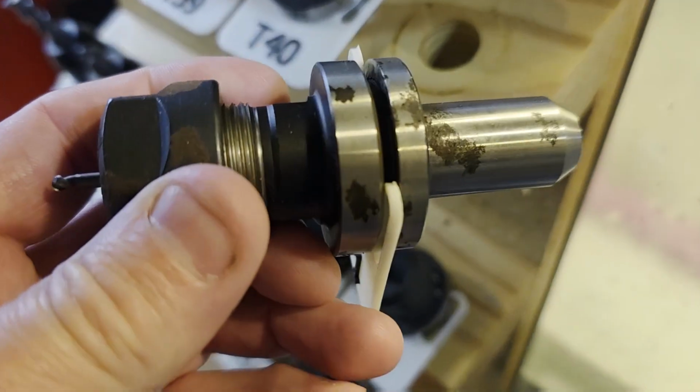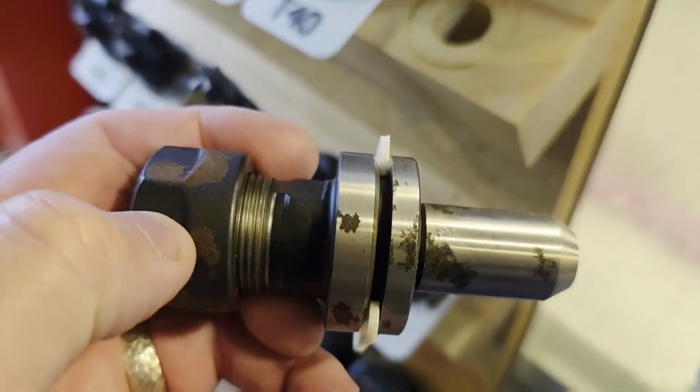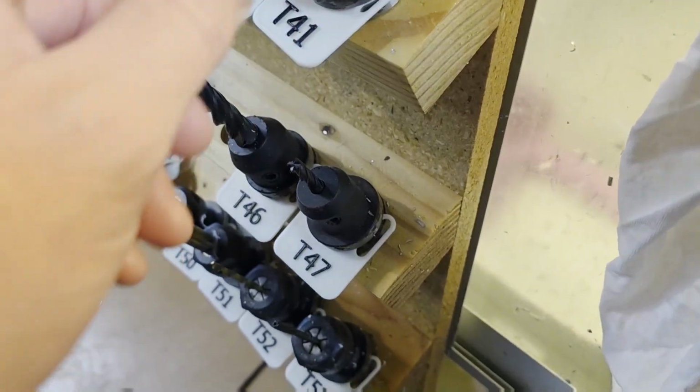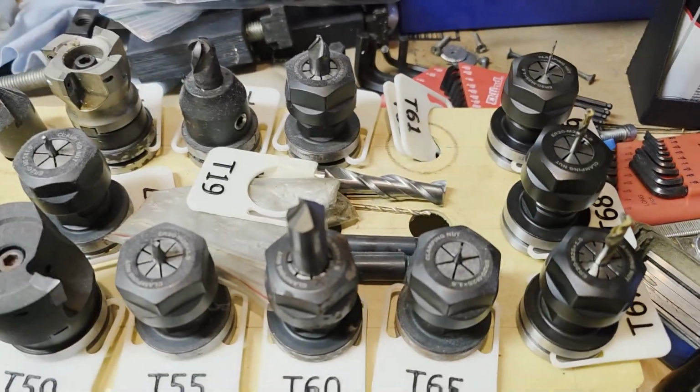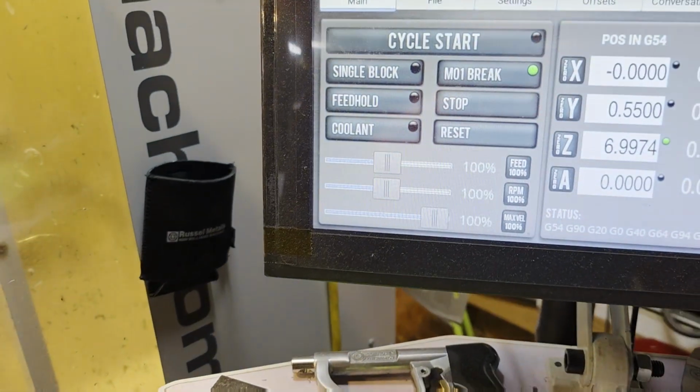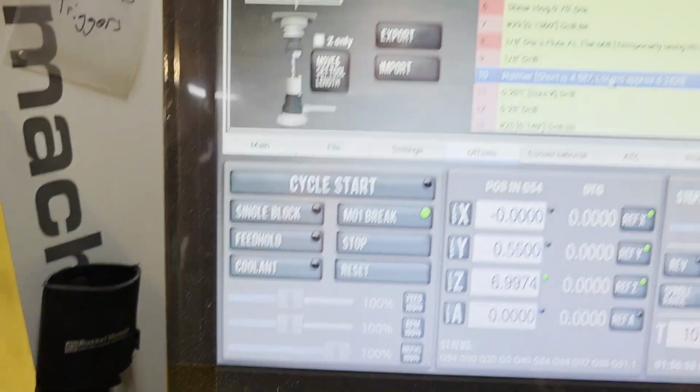It slides very nicely right into the collet here, and I put everything in order so that I know where all my tools are at. And it just keeps going on and on. So my place is kind of a mess right now. These tools end up getting loaded into the